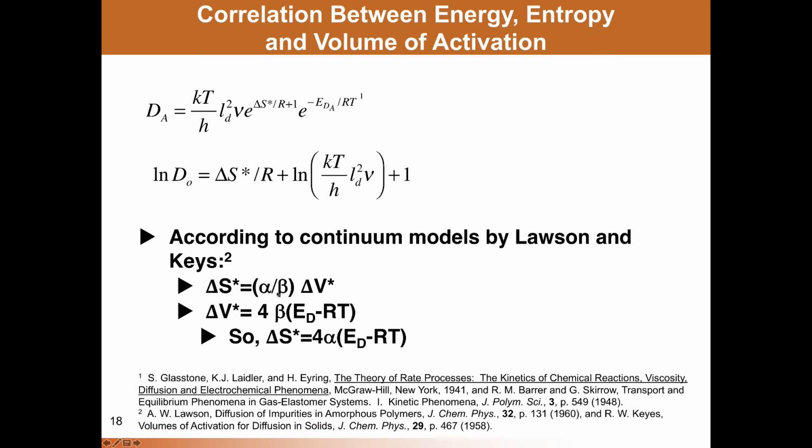Parameters alpha and beta are expansion and compressibility coefficients. You can find more details about that in the papers by Lawson and Keyes. And they relate also this activation volume directly to the activation energy of diffusion, and so the activation volume connects then the activation energy of diffusion with the